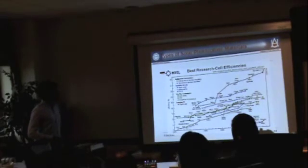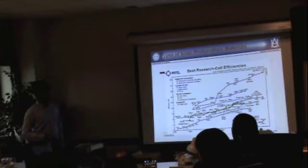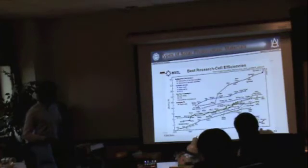So that says where exactly we're standing. NREL, in fact, is the first agency to have worked on solar cells rigorously. We are way ahead of any other agencies. If you look at